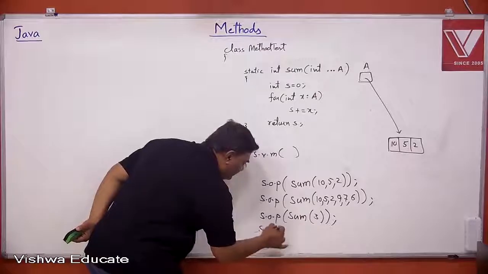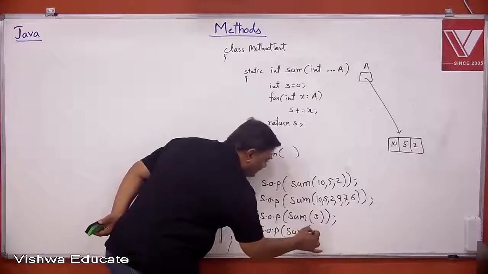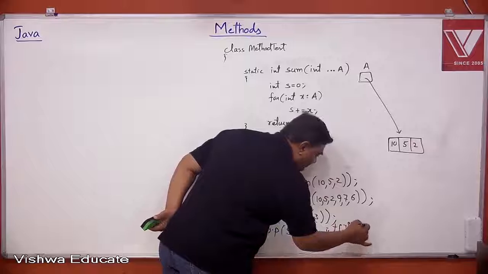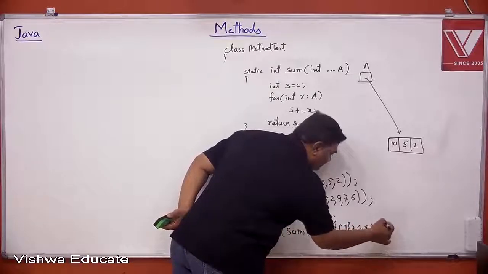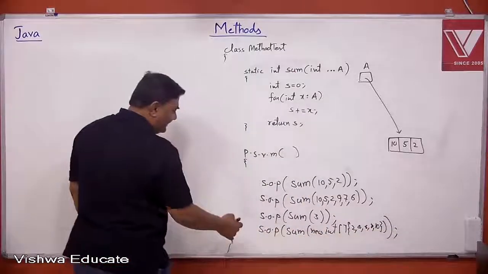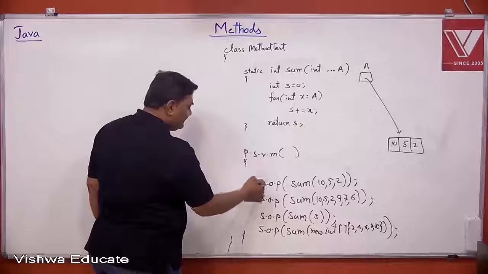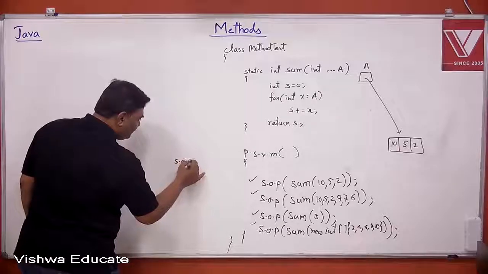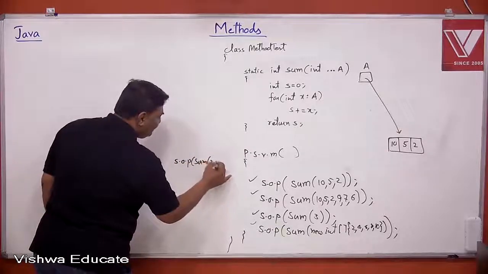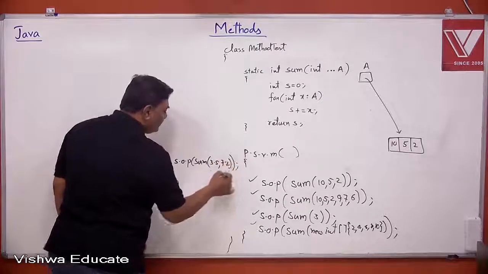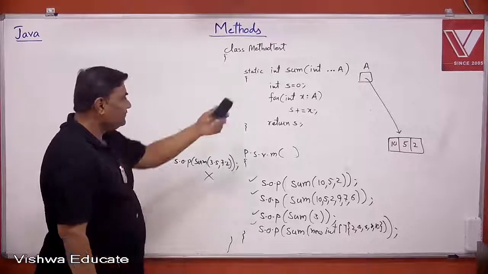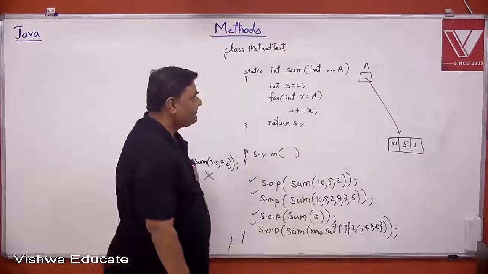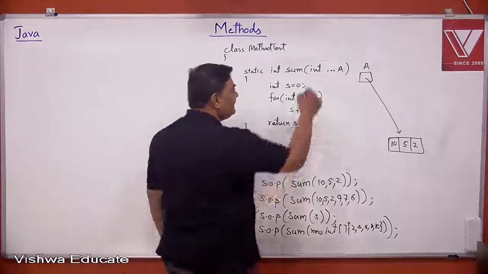Then system.out.println, can I say sum and a new array? I will create an array now with 2, 4, 6, 8 and 10. Will it work? Yes. It will take this array also. All are valid. You can send all these things. Now I will write one more. Can I say system.out.println sum 3.5 and 7.2? No, you cannot. Floats you cannot send. You have to send only integers. You can send one argument or n number of arguments, and you can even send an array, right? This is called as